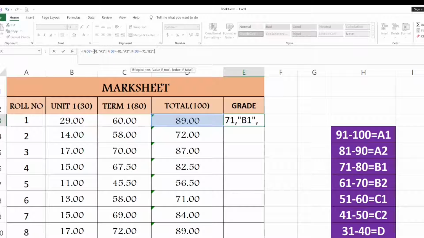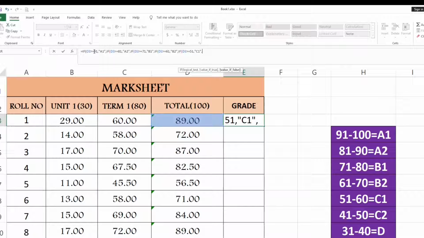The next parameter is if D3 is greater than or equal to 61, then B2. IF D3 is greater than or equal to 51, then C1.